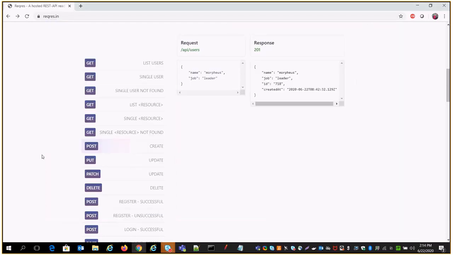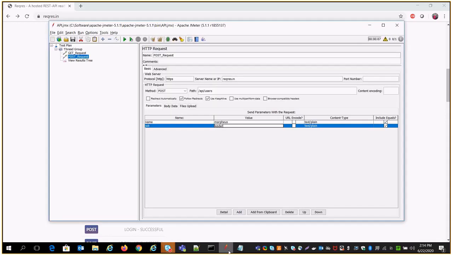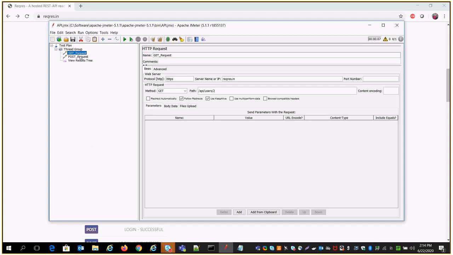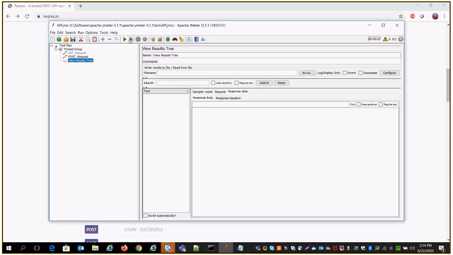So now the question is that once you pass that request with the post method, that response should come. Now just clear that one. For the time being I'm just disabling that get method. We need to see whether we are getting the proper response for the post or not. So rerun it again.